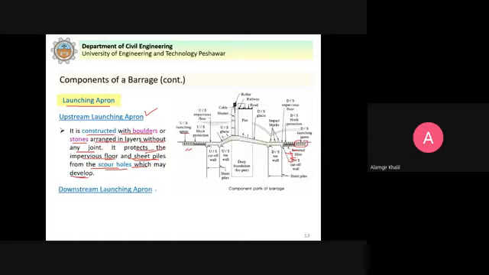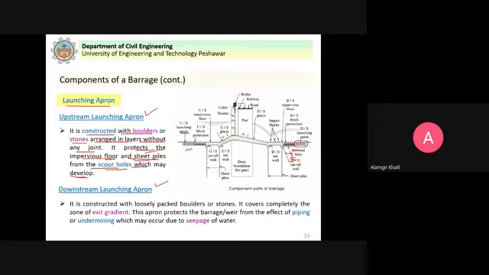Then we have the downstream launching apron that I already talked about here. Same purpose. It is constructed with loosely packed boulders or stones. It covers completely the zone of exit gradient.